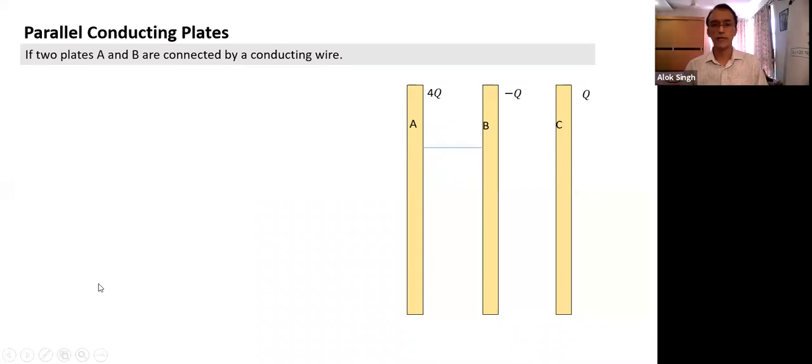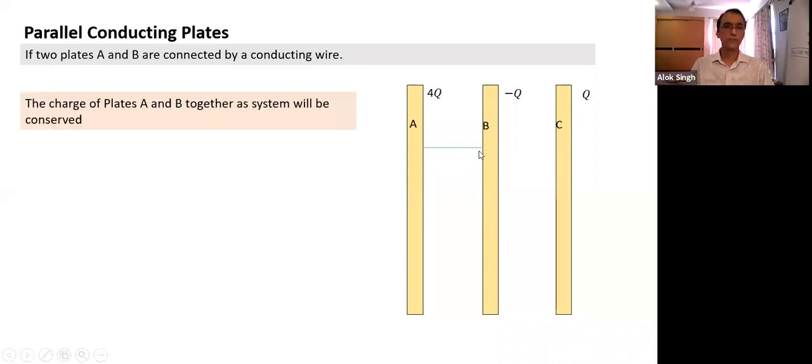So we connect by this. What has happened? There was some charge here. When I connect, this is a connecting wire. We have connected like this. Now, what is the statement? The charge of plates A and B together as a system will be conserved. Now, I cannot say the total charge on the left plate is conserved. Can I still make this statement? Earlier, I said the charge on the left surface plus the right surface was equal to 4Q. Will it still remain 4Q now?